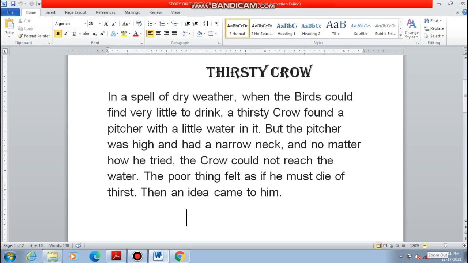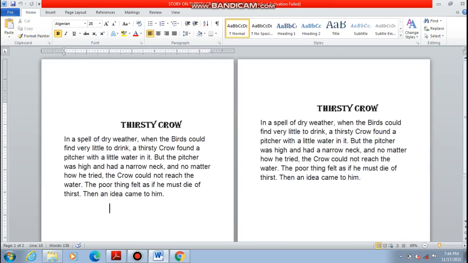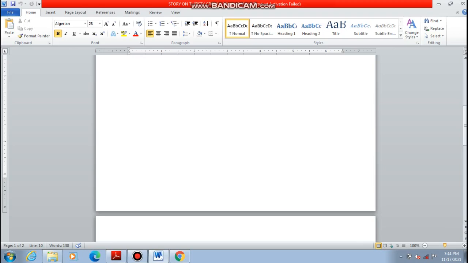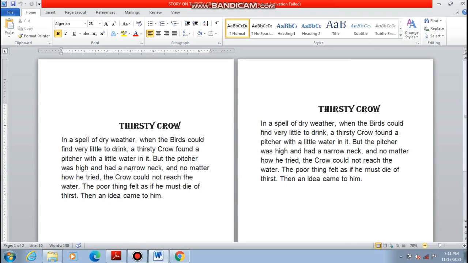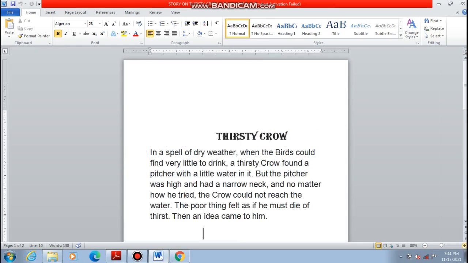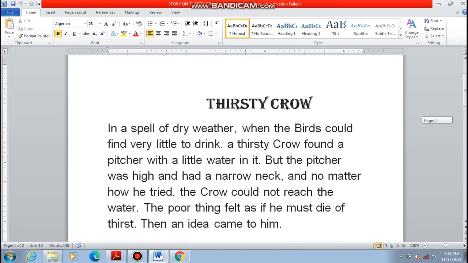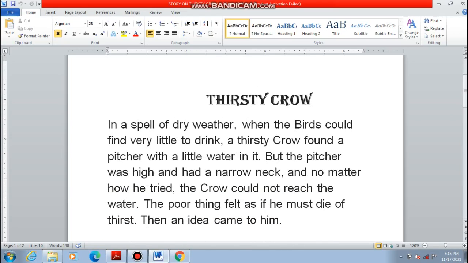Other than that, we have the zoom out and zoom in option, and this is the zoom slider. Wherever you move it, accordingly your document zooms in and out. So this is known as the zoom slider. This is for zooming out, if you want to decrease the zoom, and if you want to increase the zoom, if you want the document to look bigger, you can zoom in. Clear? So this is known as zoom in and zoom out.